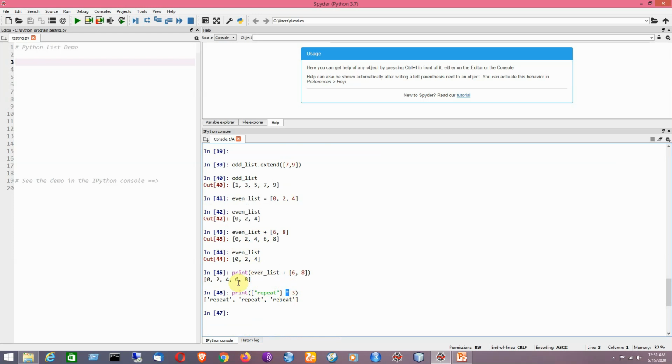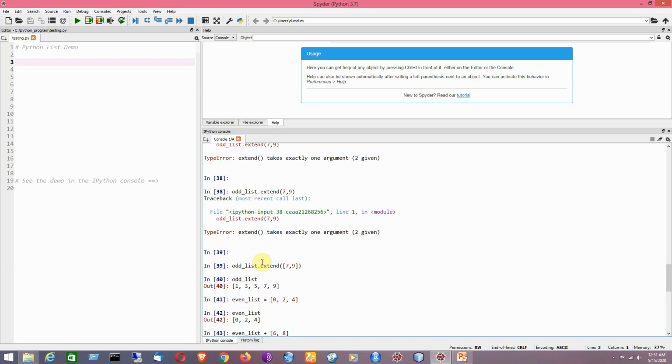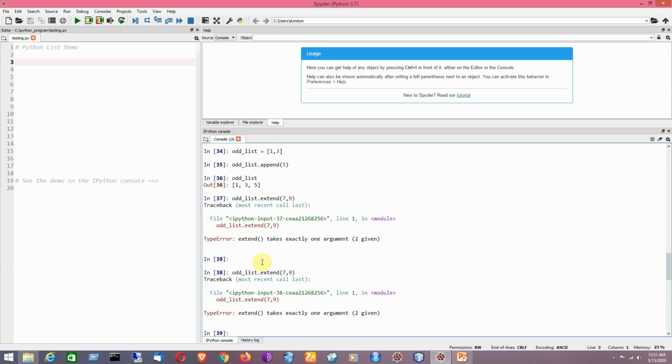Now we are going to insert an item to a list by using the insert function. Just before demonstrating it, I would like to mention the difference between append and extend.